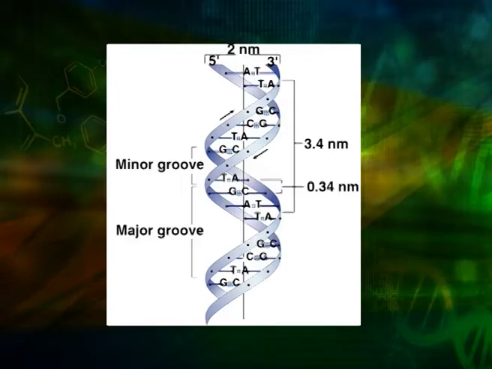On the outside of B form DNA, the spaces between the intertwined strands form two helical grooves of different widths, described as the major groove and the minor groove. Please see the figure on screen. Accordingly, each base is accessible from outside the helix to both small and large molecules that bind to the DNA by contacting chemical groups within the grooves. These two binding surfaces of the DNA molecule are used by different classes of DNA binding proteins.